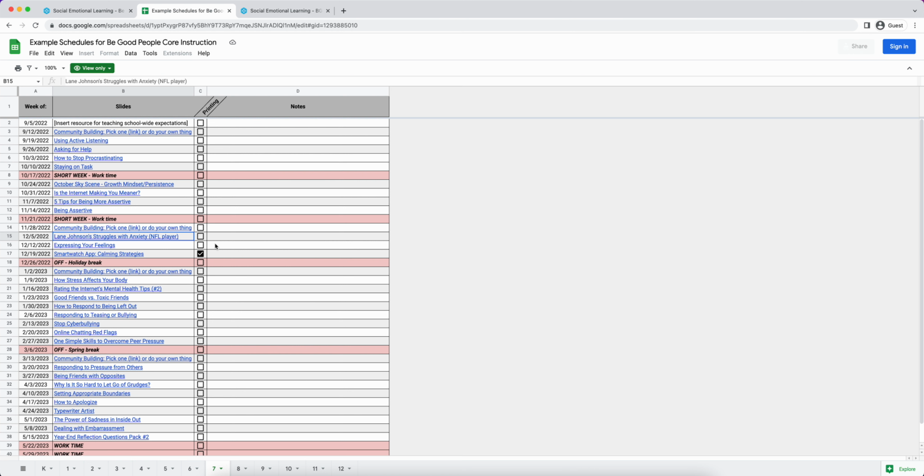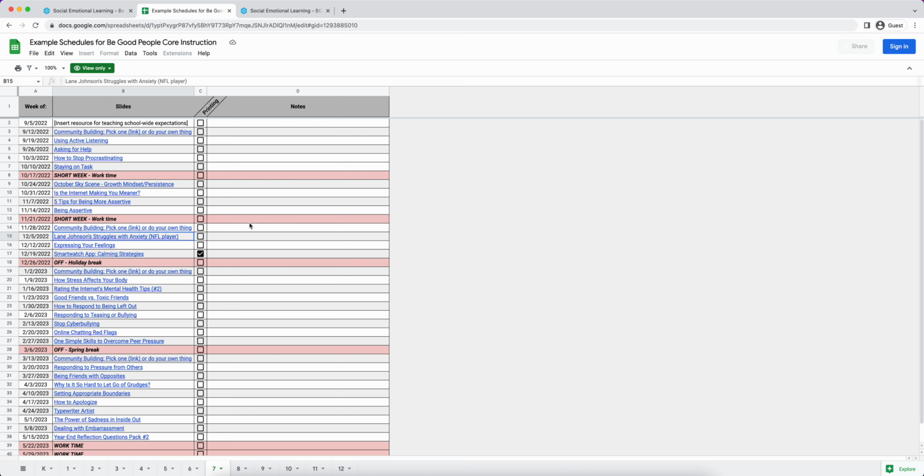And the last thing I'll say, well, two more things. One is that this is completely customizable. These are examples that we've laid out, but certainly they can be copied and customized. The other thing is if you have grouped advisories, so if you have all your middle school students together, you might have a 6th grader and an 8th grader in the same advisory, or a sophomore and a senior in the same advisory. If your schedule works like that,